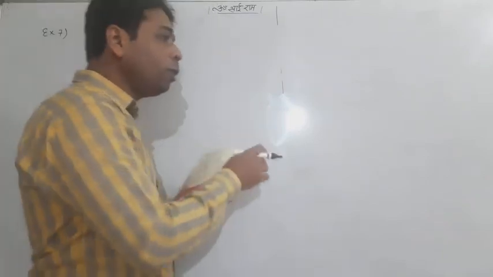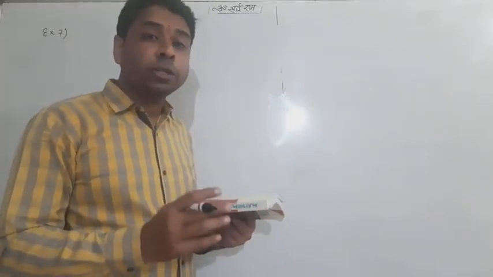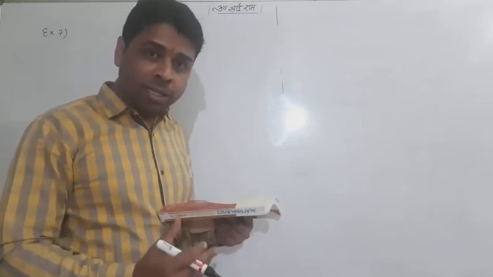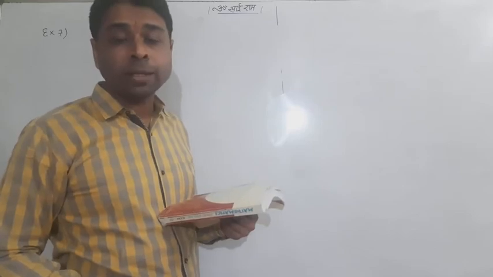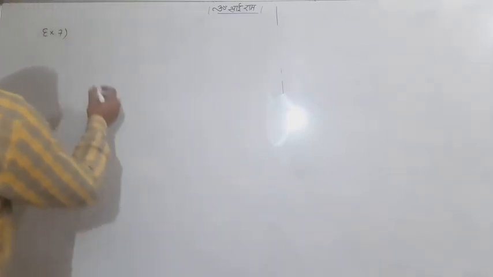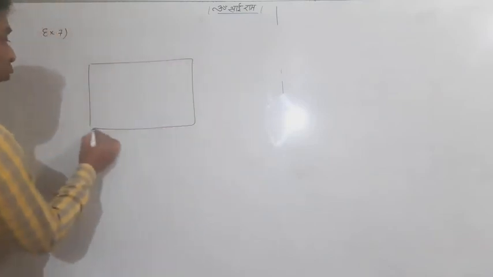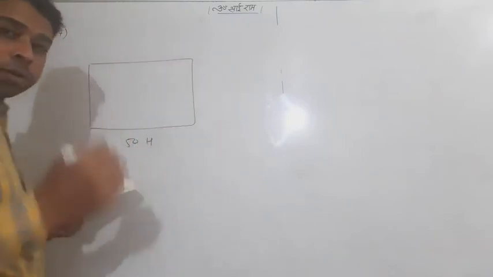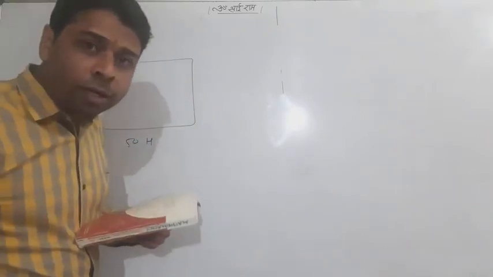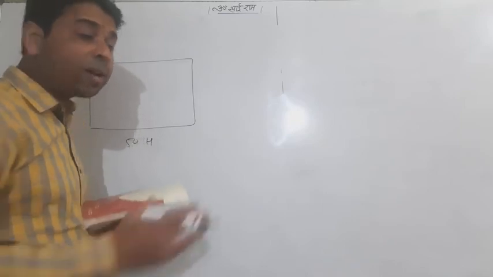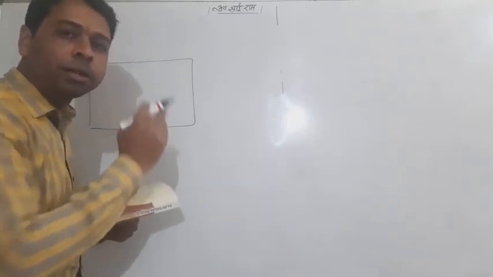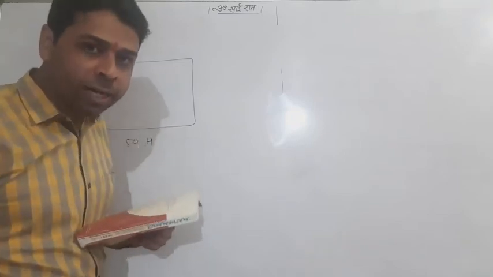Here we are told that the land is allocated for crop X and crop Y, and we are asked what land should be allocated for X and what land should be allocated for crop Y. Let me explain something in rough structure. If this is a total land of 50 hectare and crop X and crop Y are growing in this field, a farmer can take the whole 50 hectare land or can use a partial part of this 50 hectare land.